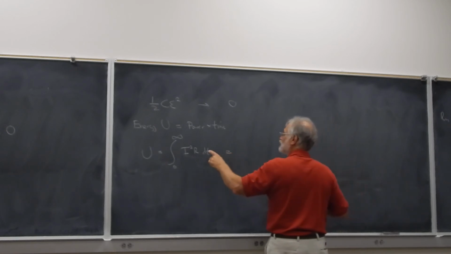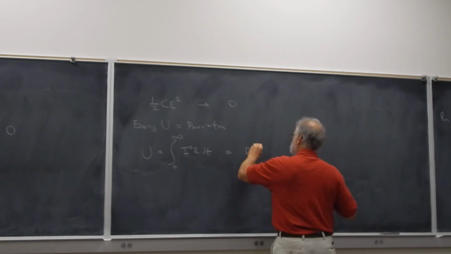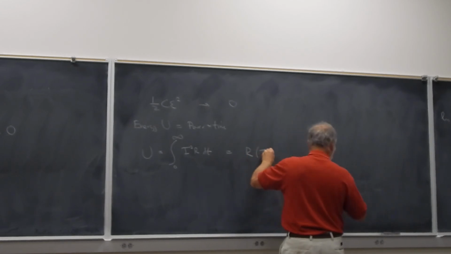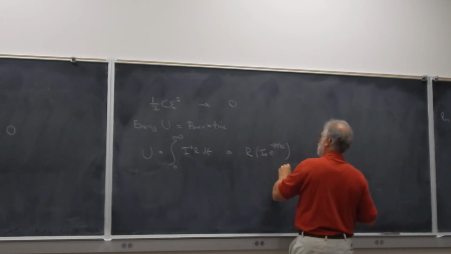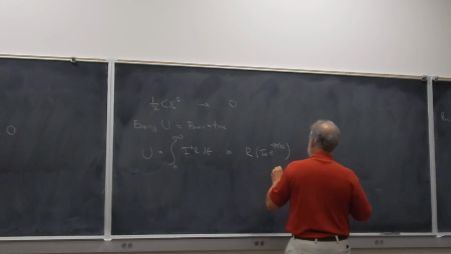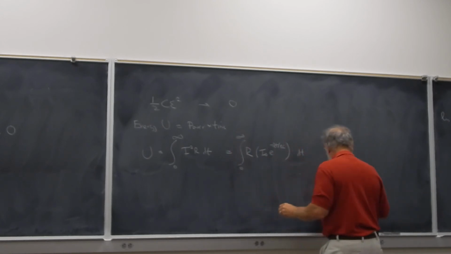I can then write my equation as R times my current squared, which is I naught times e to the minus t over RC, e to the minus 2t because it's squared, dt, 0 to infinity,